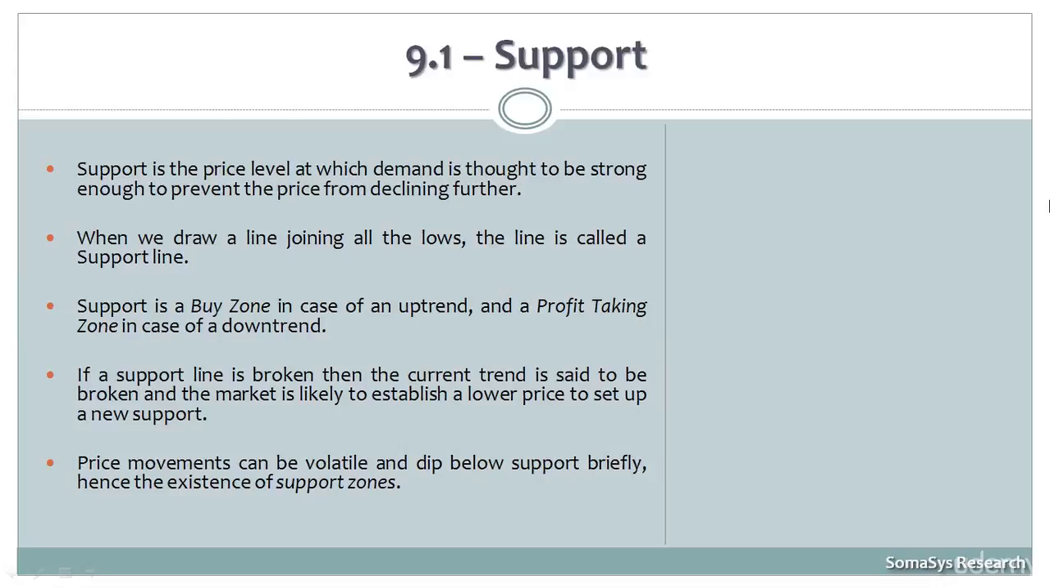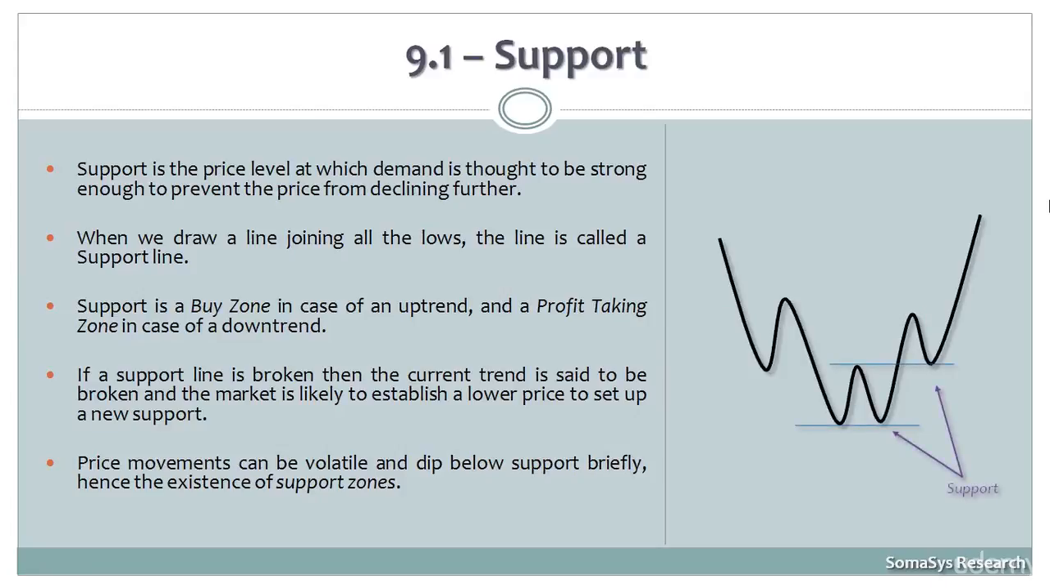Let's go deeper into the concepts. Support is the price level at which demand is thought to be strong enough to prevent the price from declining further. It is believed that demand will overcome supply and prevent the price from falling further, and prices advance. When we draw a line joining all the lows, the line is called a support line, and the price bounces